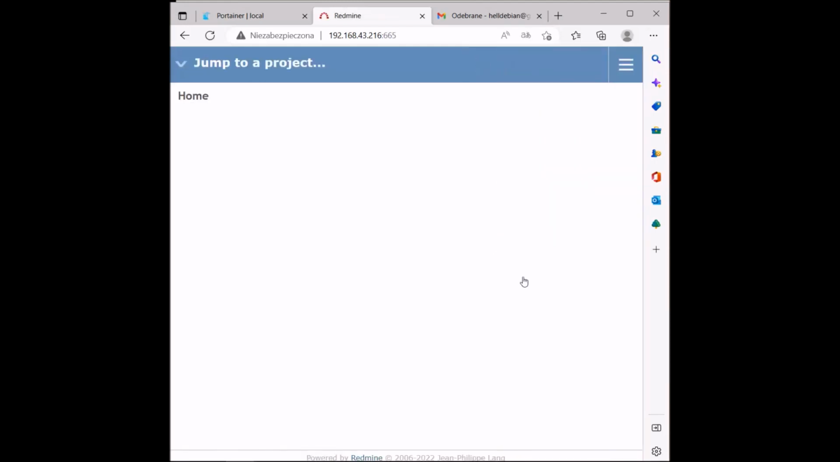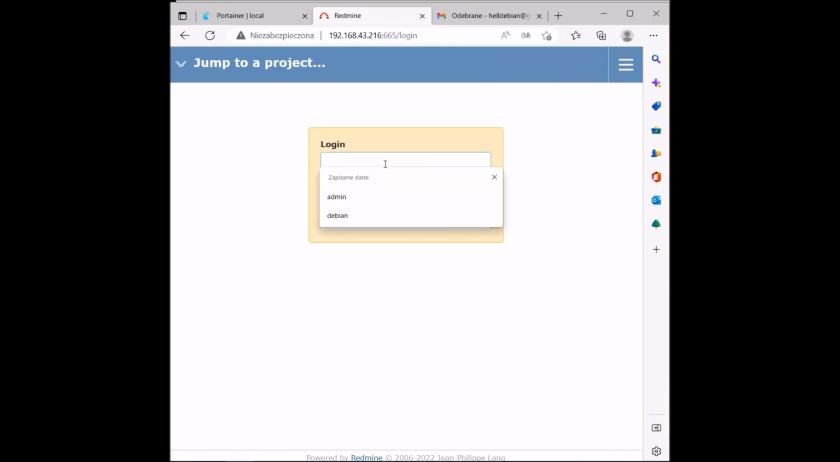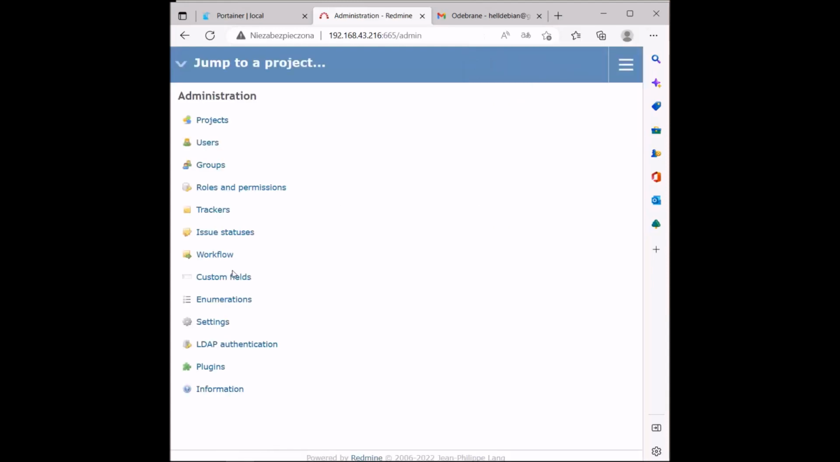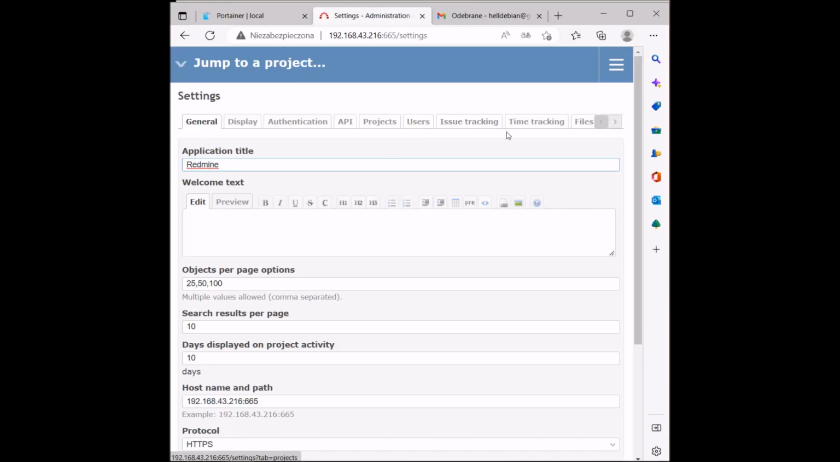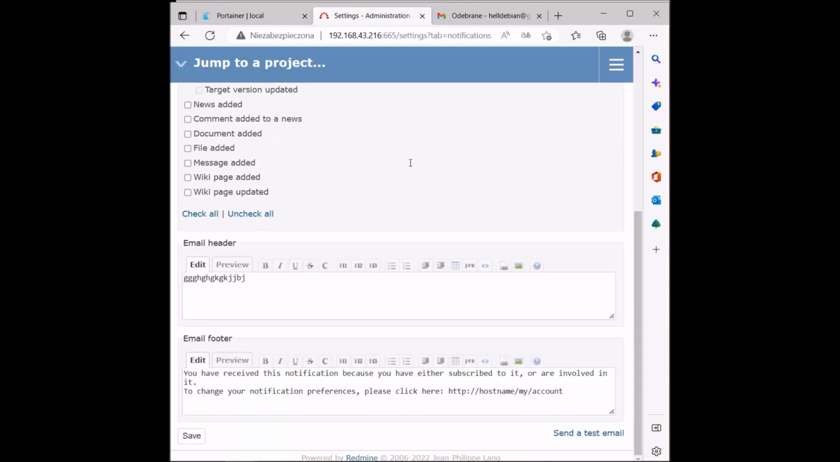Okay, let's sign out for a moment. Sign in again. Okay, administration, and we're going to go to settings, and we're going to go to our email notifications, and there you go. This is how it should look. Now we can specify something here, as you can see, something like that. We can save it,